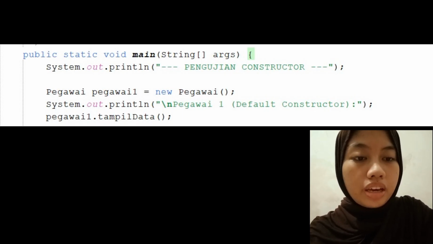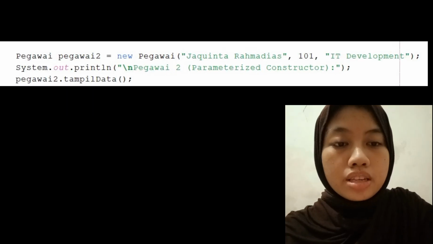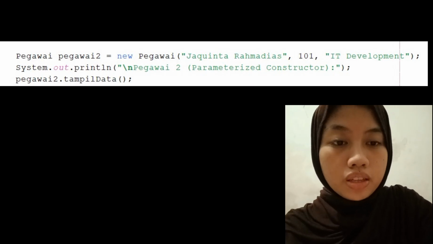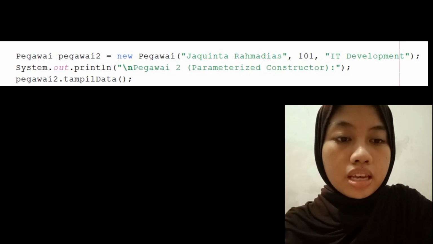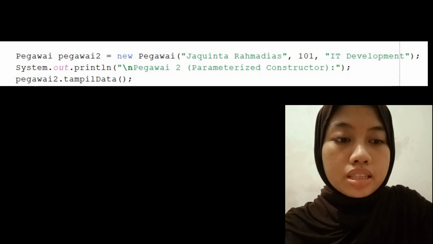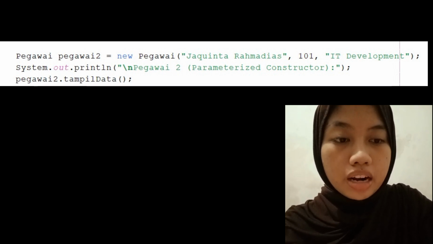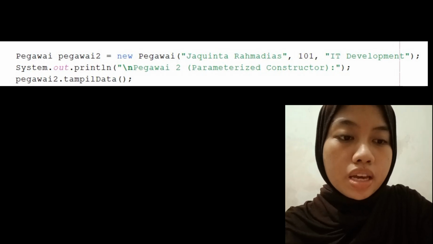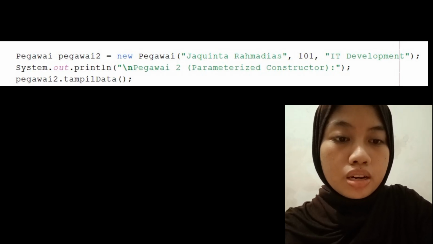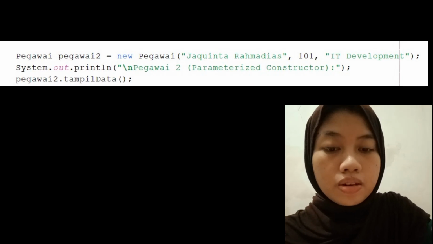These are the employee ID, name, department, and basic salary, printed to the console. And next is the default constructor test. This code tests the default constructor. The Employee object is created using new Employee without passing any arguments, so the object is initialized with the default values specified in its constructor.